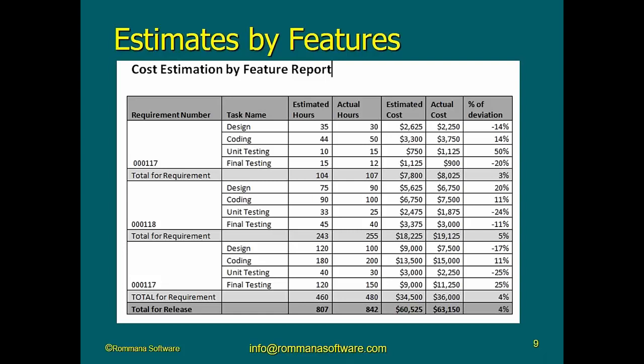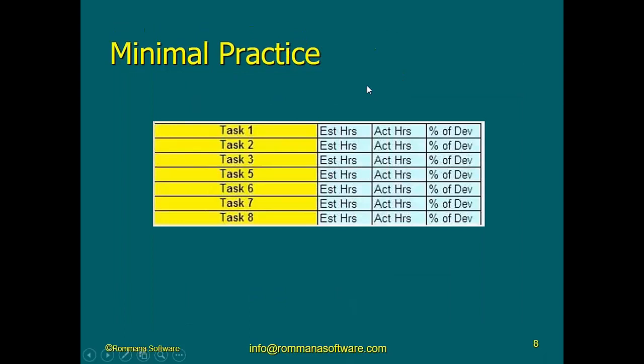So what I am asking for here is that, are we keeping a track of our estimates for each requirement or each feature per task or not? Again, if you are doing this, please go ahead and raise your hand. And I will count. I'm assuming the number would be less than the number that indicated that they were doing the minimal practice. So, because this is doing the same thing, but without